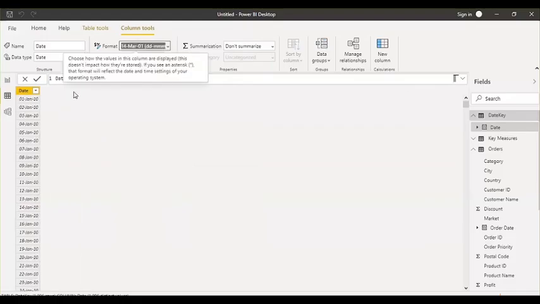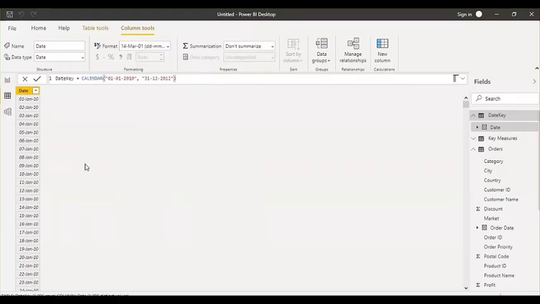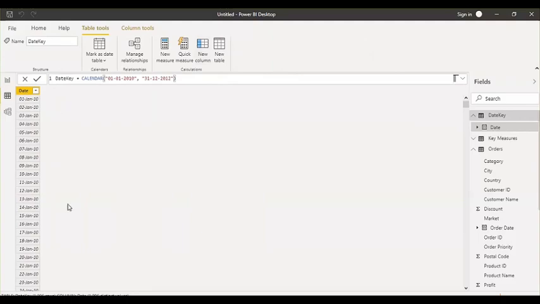I want to see one year column and one month column, right? Obviously we cannot achieve it through the measure, because measure is just a calculation, but this is not a calculation. It's something like an extraction, a split of the year from this date column. So I will create a column, because I want to see that value in the tabular format.